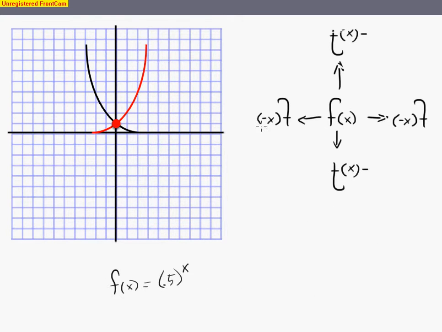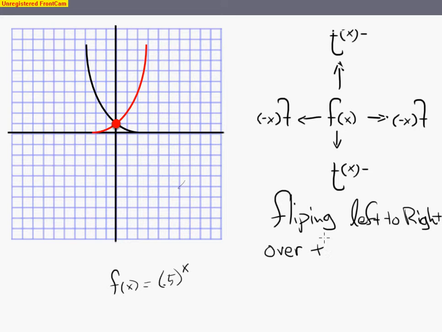I could do the same thing with rotation or a flip around the y-axis. So this I would consider to be a left-right flip. So I'm flipping left to right or right to left. And this is flipping over the y-axis. Again, the reason why I consider this over the y-axis is here's my y-axis, and every point from my